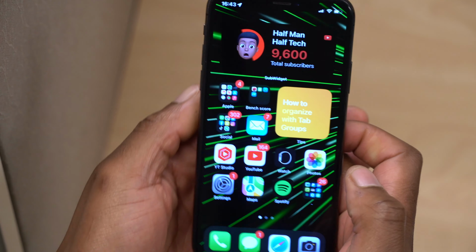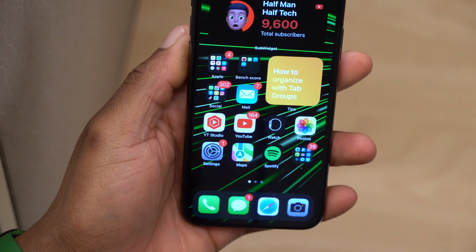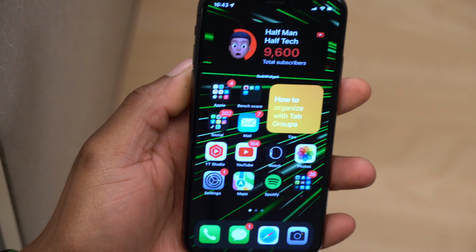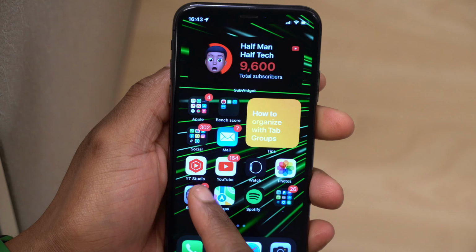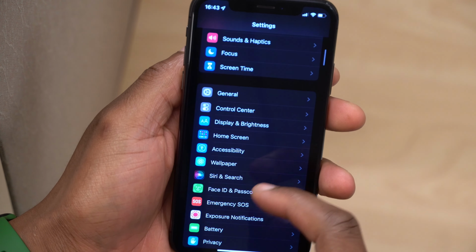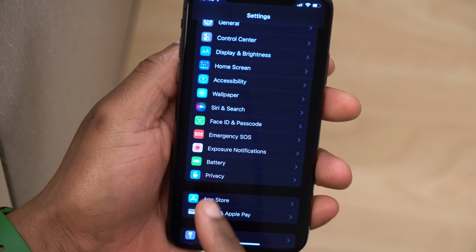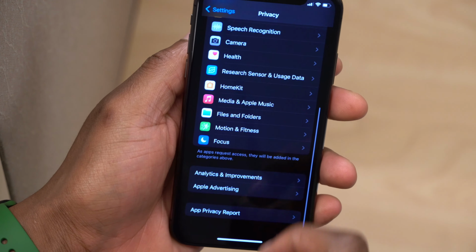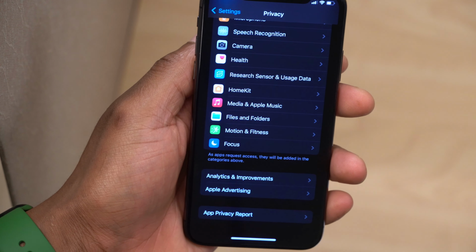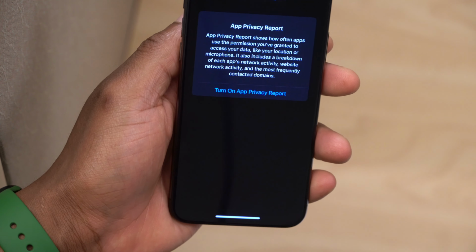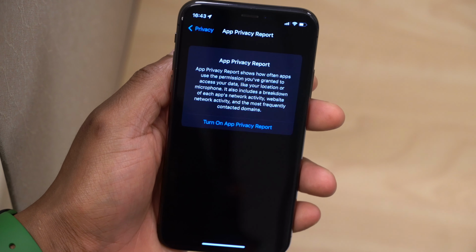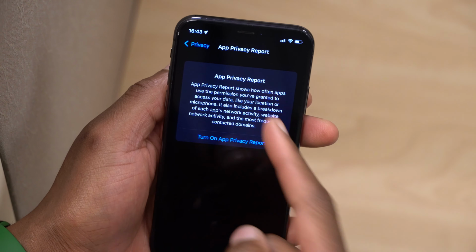In terms of what are the new features or new changes that came with this iOS 15.2, the first one that I want to show you, which is quite good, has to do with privacy. So if you go into your settings and go to where it says privacy and go all the way down, you can see that we have app privacy report. And if you click where it says app privacy report, you can see that we have a new splash screen that tells you about app privacy report.